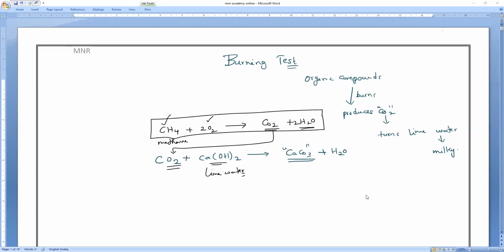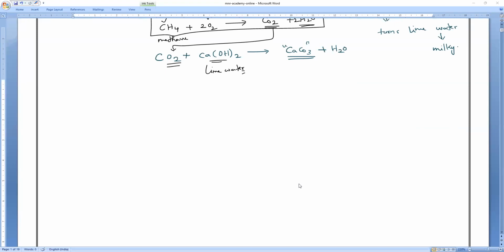Next, we are going to study what are the types of these organic compounds. Organic compounds are made of carbons. We have varieties of carbon compounds, organic compounds, and one by one we will study them. If you take the types of organic compounds, the first and most important organic compound is hydrocarbon.